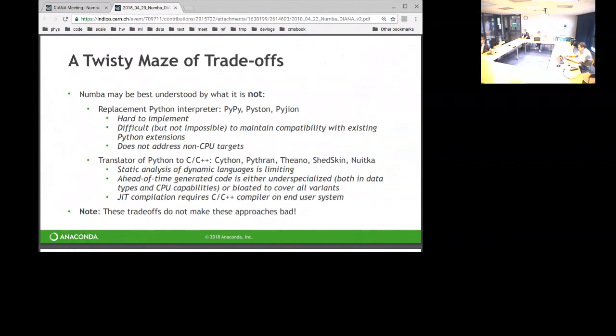The final thing actually is if you do have any kind of JIT compilation approach in these systems, which several of these do, it assumes that you have a C or C++ compiler on the target end user system, which for Linux users is kind of a no-brainer. Almost all of them have one. On Mac, it's a little less common, and on Windows, it's very uncommon.